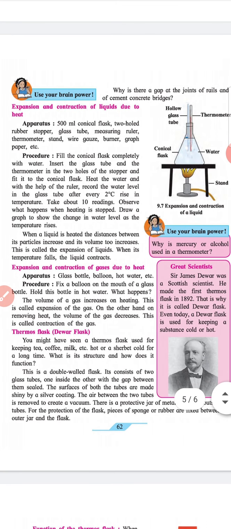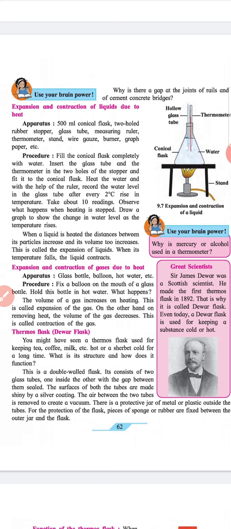Heading: Expansion and contraction of liquids due to heat. Subheading: Apparatus. 500 ml conical flask, 2-hole rubber stopper, glass tube, measuring ruler, thermometer, stand, wire gauze, burner, graph paper, etc. Subheading: Procedure. Fill the conical flask completely with water. Insert the glass tube and the thermometer in the 2 holes of the stopper and fit it to the conical flask. Heat the water and, with the help of the ruler, record the water level in the glass tube